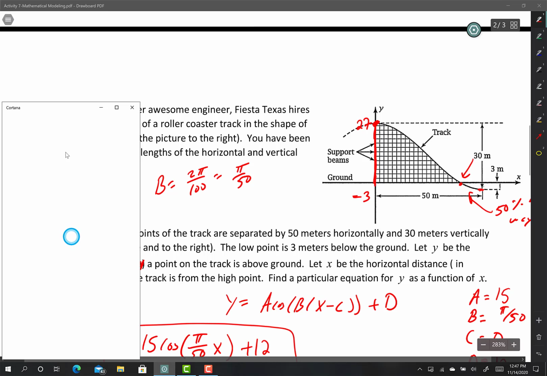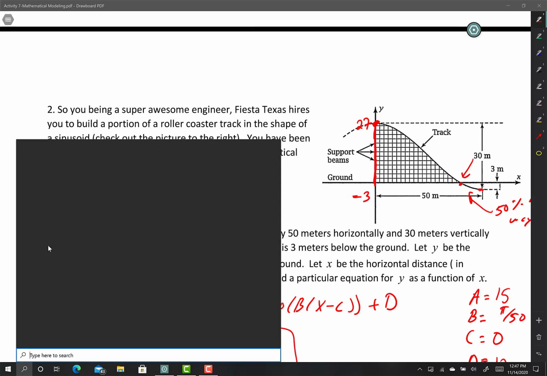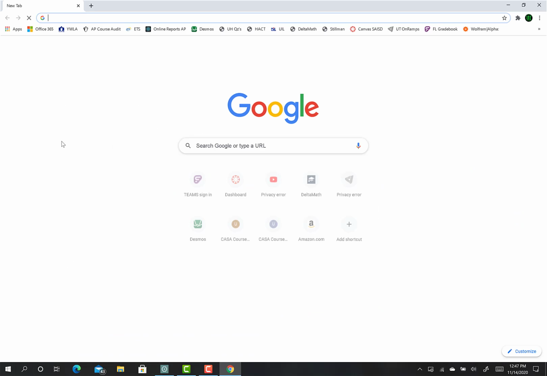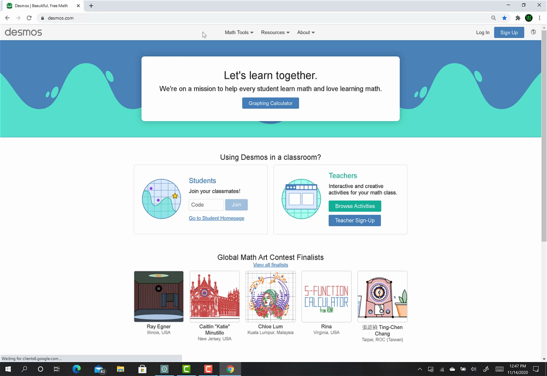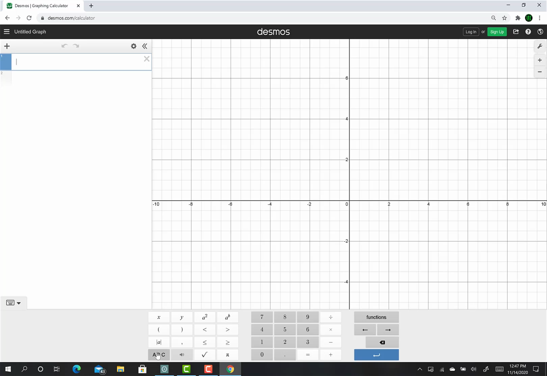So let's see. I don't know why I did that, guys. I was trying to look for the search, and boom, here it is. I'm going to go to Desmos, push graphing calculator, and then I just write my equation in there. I'm going to need the assistance of this guy, and I put f of x